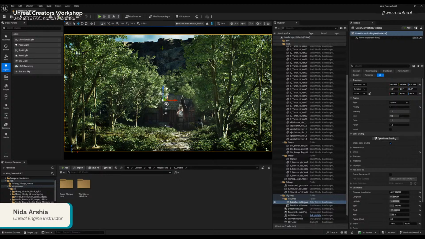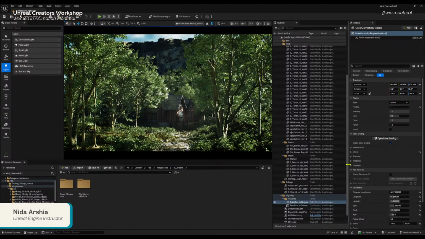I'm going to press G, and now whatever actor or prop we are placing, we're going to keep this camera view always on so we know the changes that are being made.